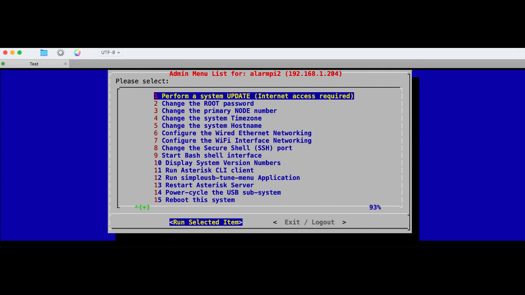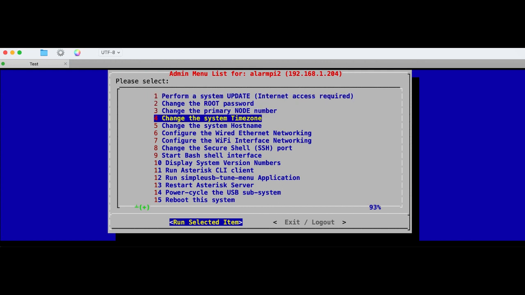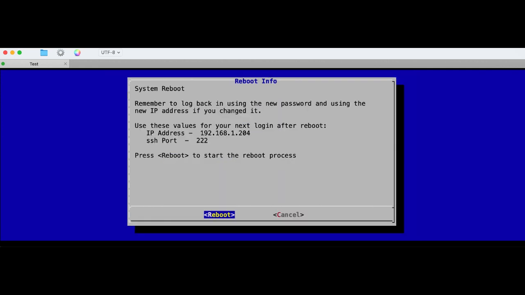And back to our menu, and I like to reboot the whole system when I'm done. You don't have to do it, but to me, it just kind of sets everything in motion on a clean install. And after it boots,